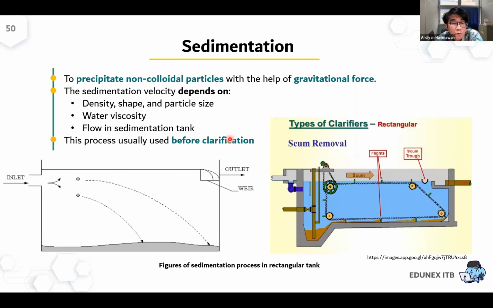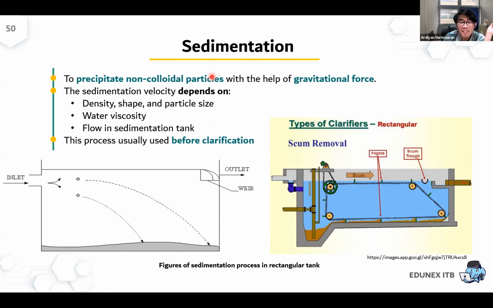Okay, then we go to the unit operation one by one. The first one is to concentrate, to accumulate the suspended solids before they can be separated. So the process, we can call it sedimentation or clarification. This is to precipitate, because suspended means not dissolved, but it's not